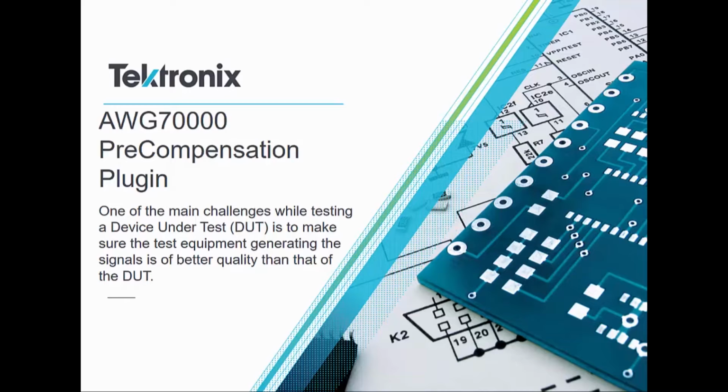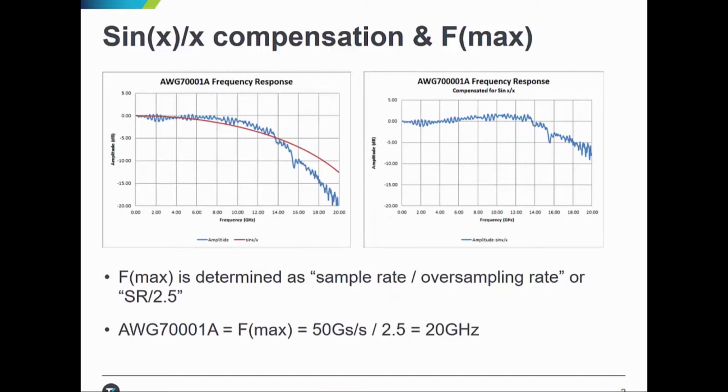All digital to analog generators, such as AWGs, have a characteristic sin x over x roll-off that is caused by the sample and hold architecture used in the DAC-based systems. This sin x over x roll-off can be easily compensated for in order to achieve the true hardware bandwidth of the generators. As we can see in the slide, the effect of just compensation of the sin x over x